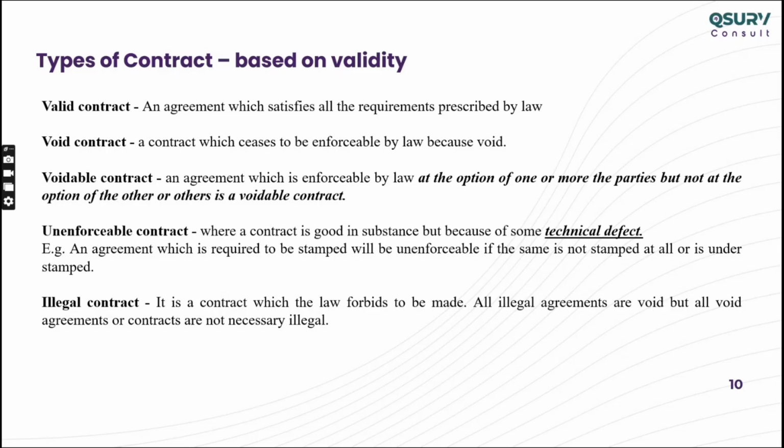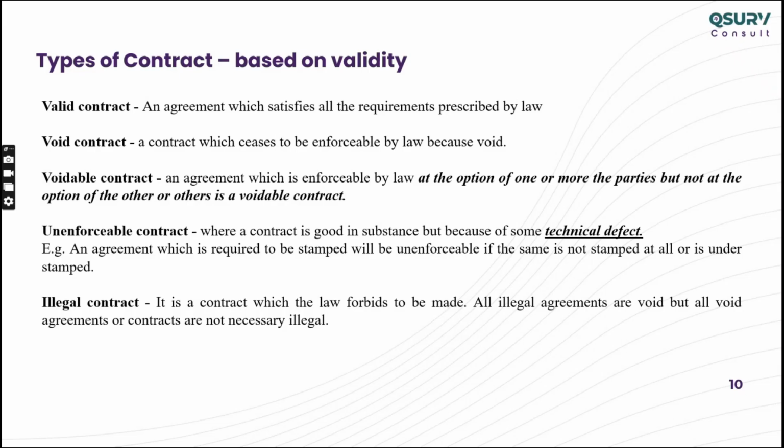Say it has a valid offer, acceptance, consideration, possibility of performance, free consent, capacity of party, and then, what else, legal formalities, not declared void. If everything is fulfilled, it's called a valid contract, simple as that. When all the elements of the contract are there in the contract,